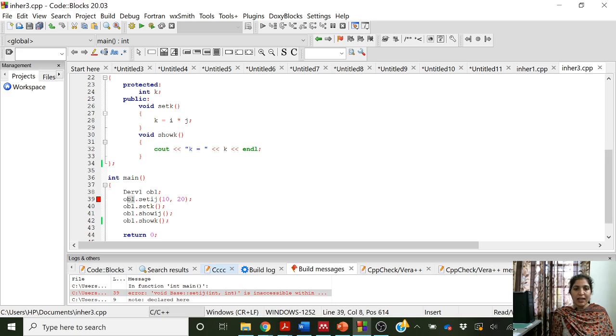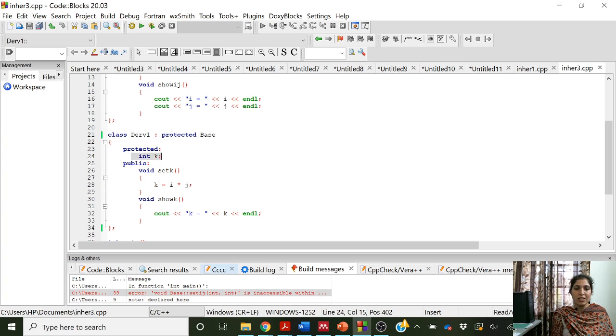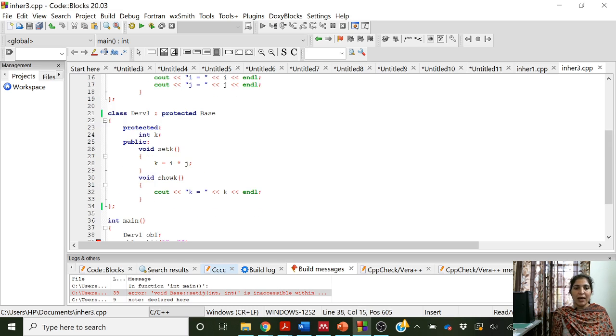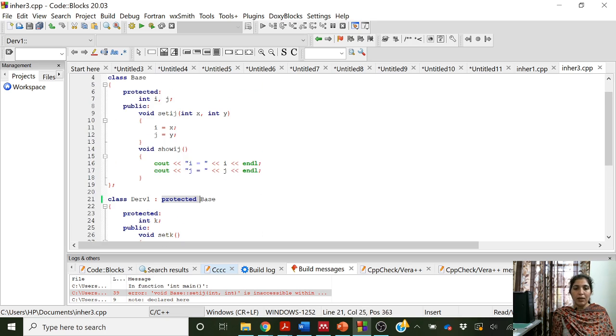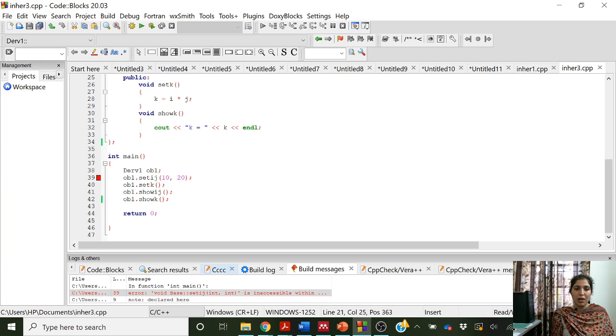Set ij is there in the base class, so it has been derived by the derived 1 class, but we are not able to access it outside the class using the object name and the dot operator. Why? Because we are inheriting it as a protected member, and protected members are accessible only inside the derived classes, they are not accessible outside. That is why this statement is not working.